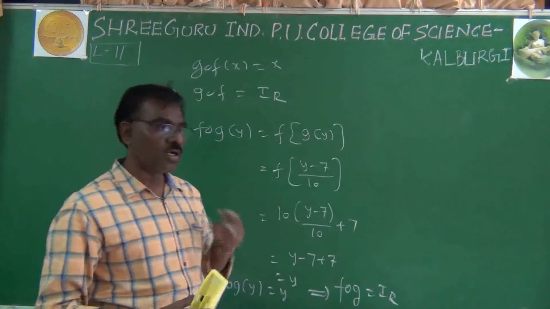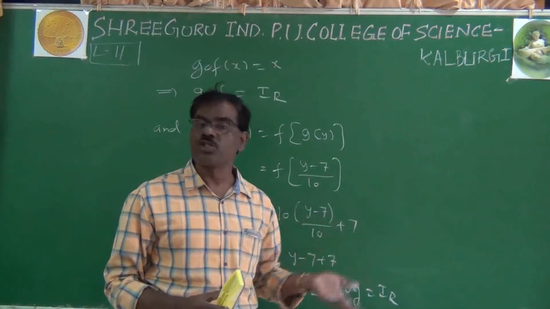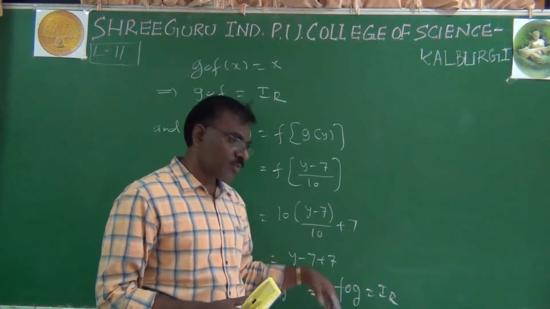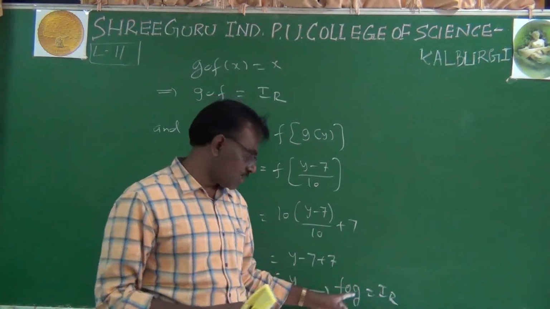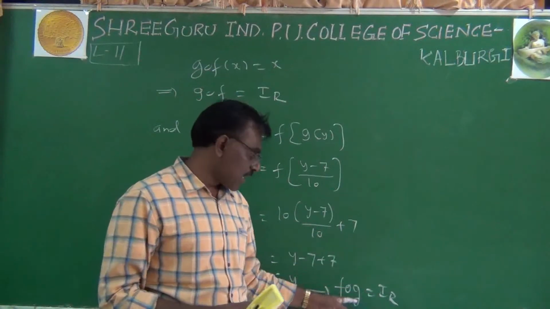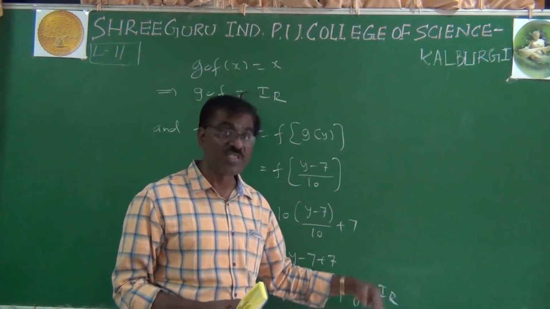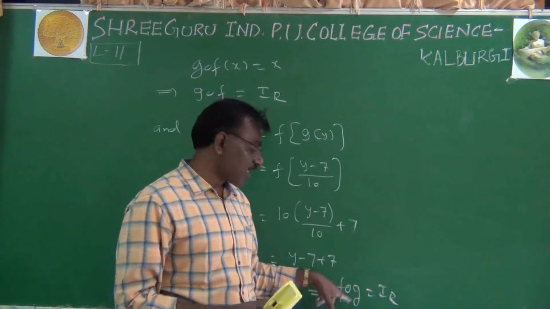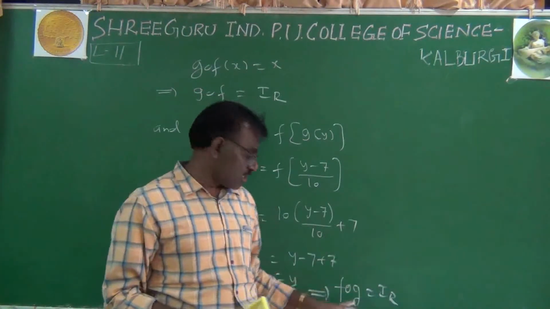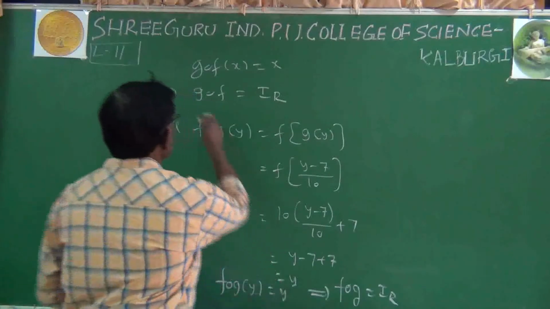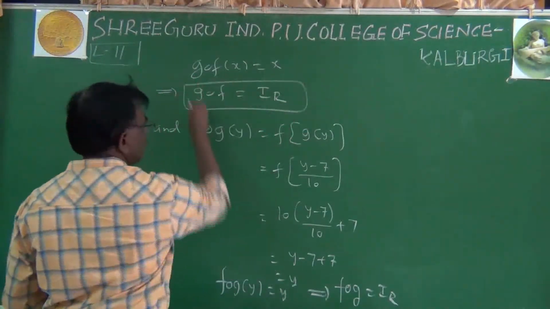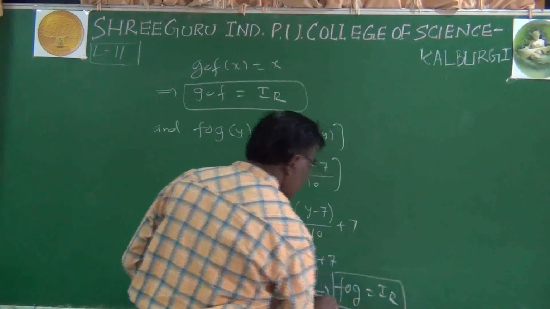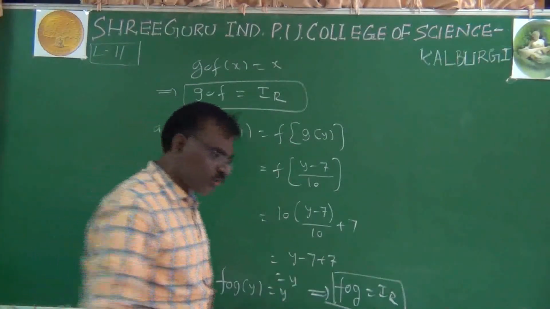Actually here both domain and codomain belong to R only. Suppose f from A to B is given. I think this is nothing but I suffix B, and g composition f is nothing but I suffix A. So luckily both are R to R, and f composition g and g composition f must both be this. Even the question is not there.